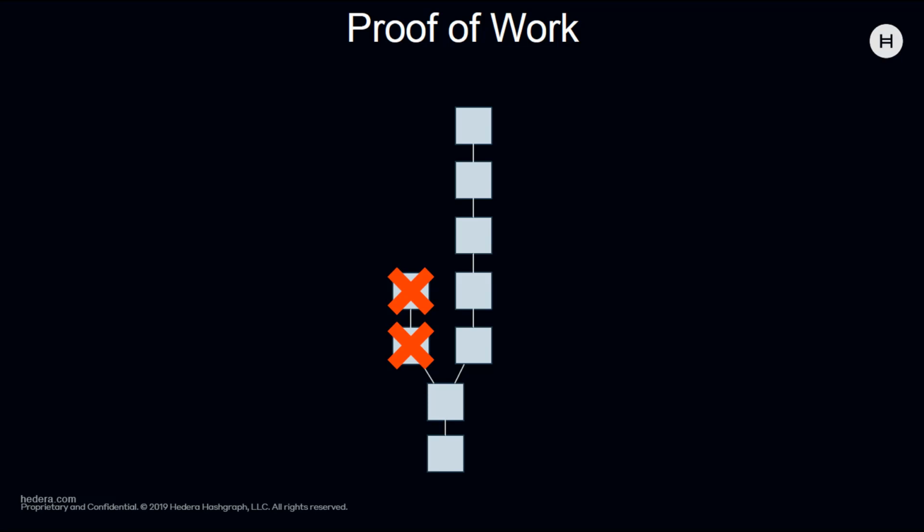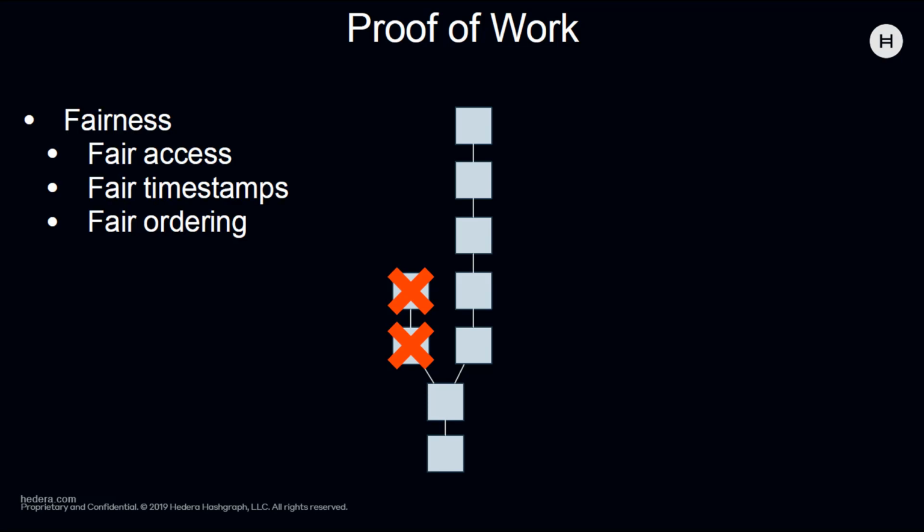He won't get the Bitcoin. And as long as we all agree on who was first, it doesn't matter who we agree on. We can all agree Alice or we can all agree Bob. It doesn't matter. We just have to agree. We don't really care about fairness when you're just spending Bitcoin. So for Bitcoin, that's fine. However,